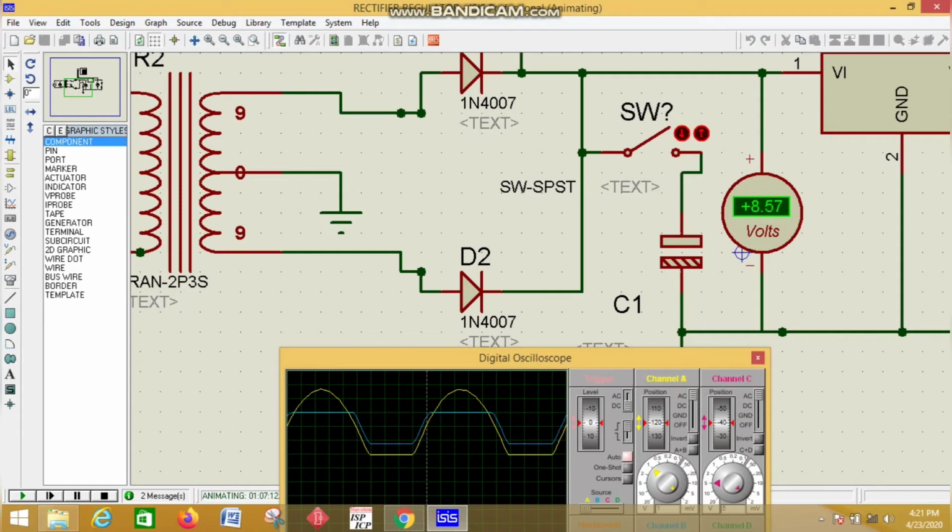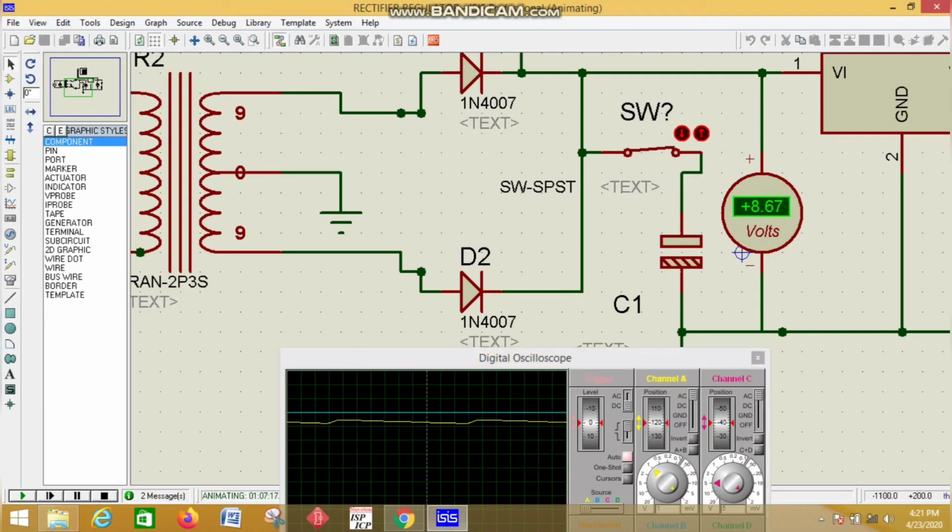As soon as I turn on the switch, the ripples are removed, and as we can see in the waveform, the output is smoothened and we get a pure DC, also called the unregulated DC input for pin number 1 of the regulator.